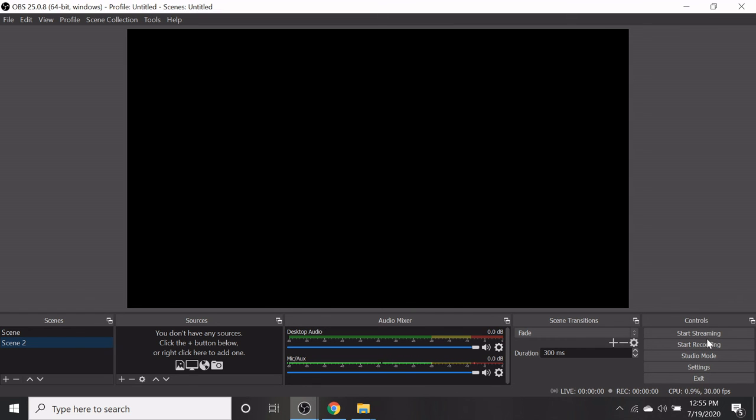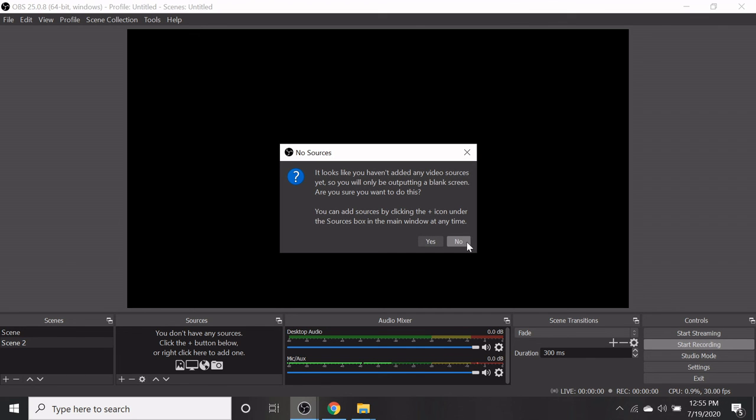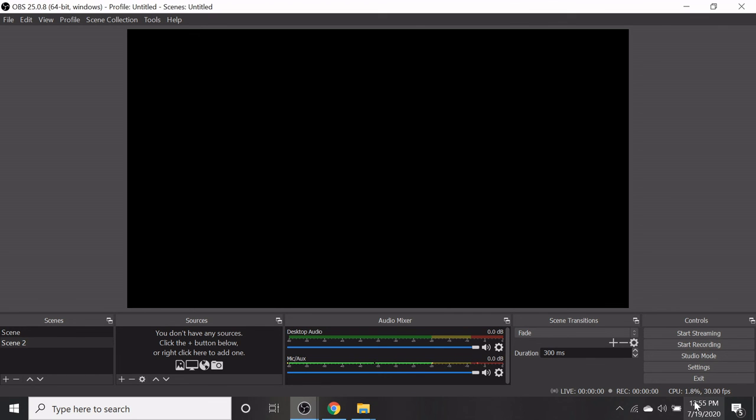Next one, we are going to discuss the last one, the control option. Here you have start streaming, start recording, studio mode, settings, etc. We are going to use only start recording as well as stop recording. After selecting the appropriate sources like image or video capturing device, you can go for start recording.